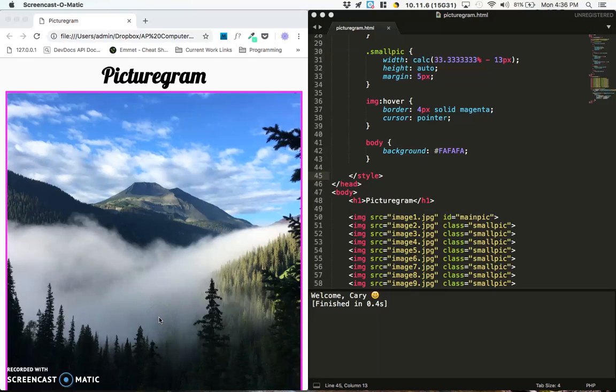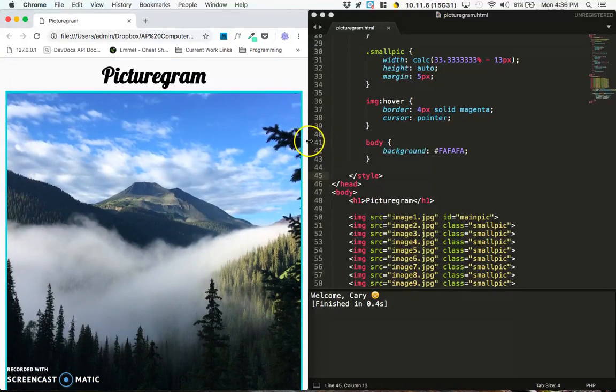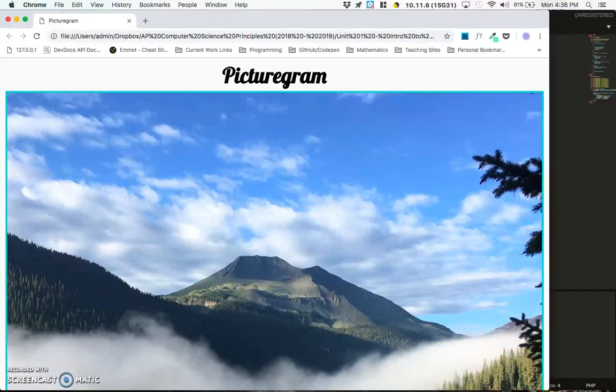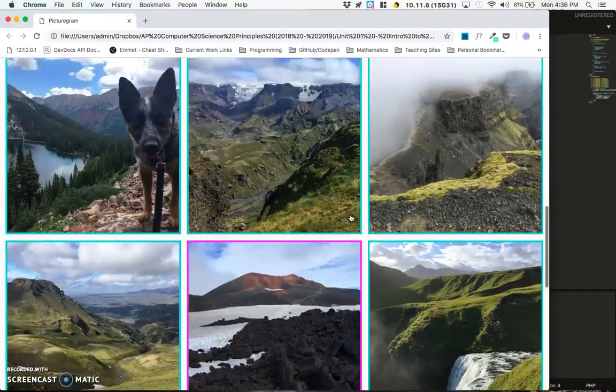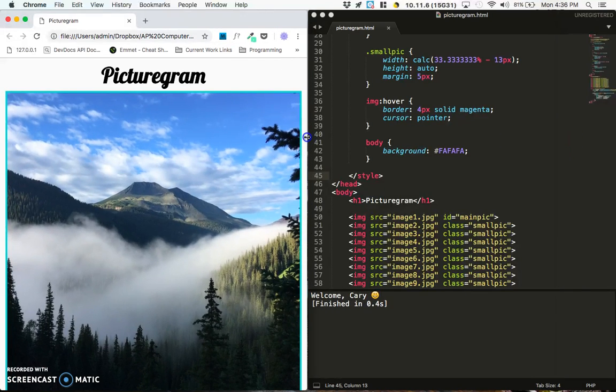Hey guys, in this video we're going to take that new tool, divs, and apply it to styling our Picturegram website. So with Picturegram, it looks really good in this sizing, but if you take Picturegram and you spread it out, because this image is taking up 100% of the width, it quickly looks pretty unreasonable. So one way that we can do this is we can use a div to restrict the size of the